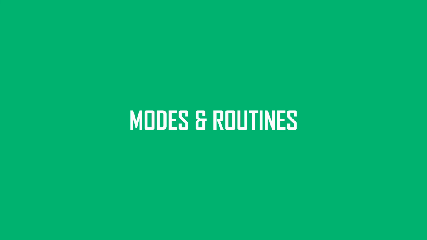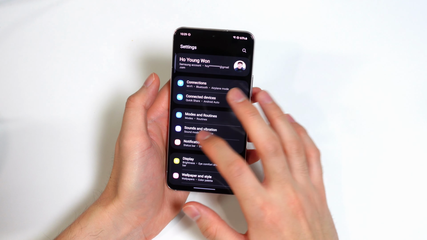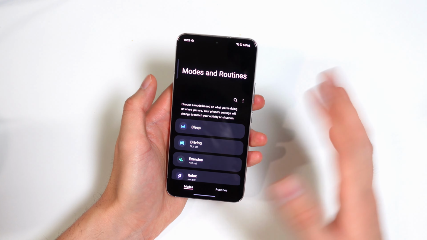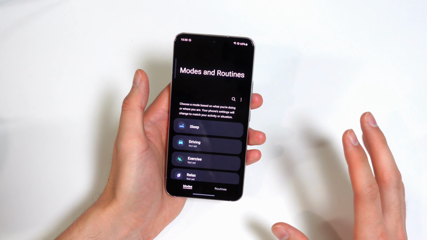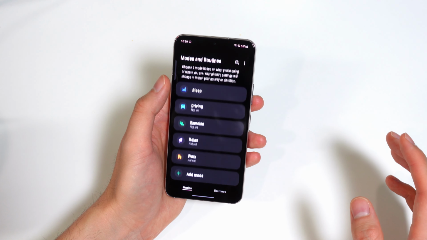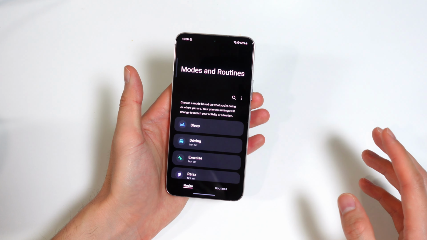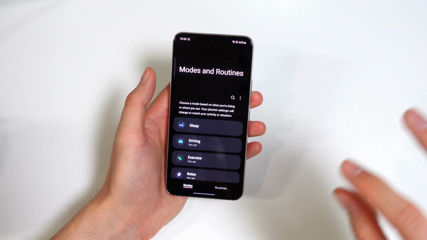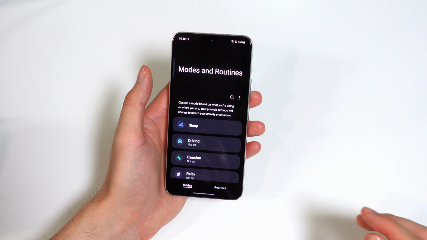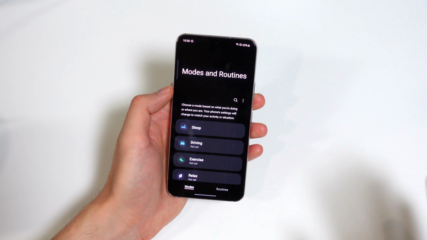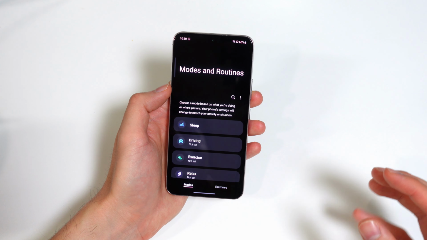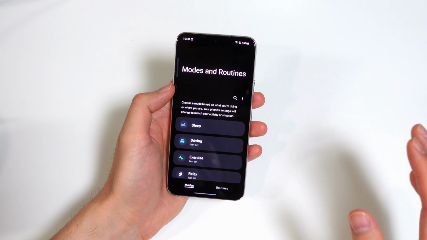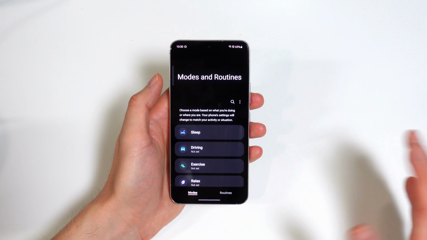Next, let's talk about Bixby routines, which is not called Bixby routines anymore. Now that whole setting section is called modes and routines. So routines is something I discovered kind of late with my time with the Galaxy S22. I thought it was just something that some people use and it's not super useful, but I started putting in a lot of if and then conditions, and I started really customizing my experience. So at certain times when I leave the house, I can turn something on, turn Wi-Fi off, things like that. It helped me improve my battery a lot, and it made my life a lot easier.